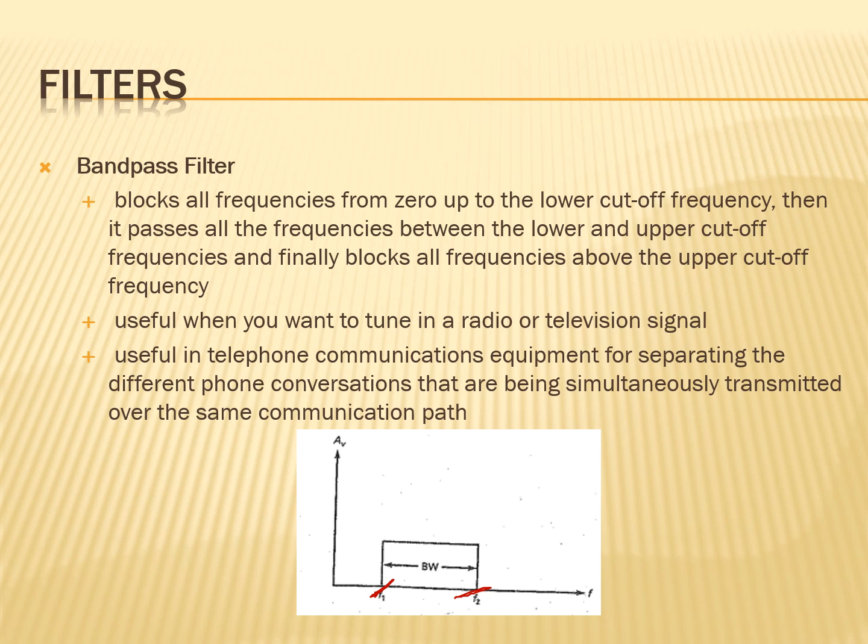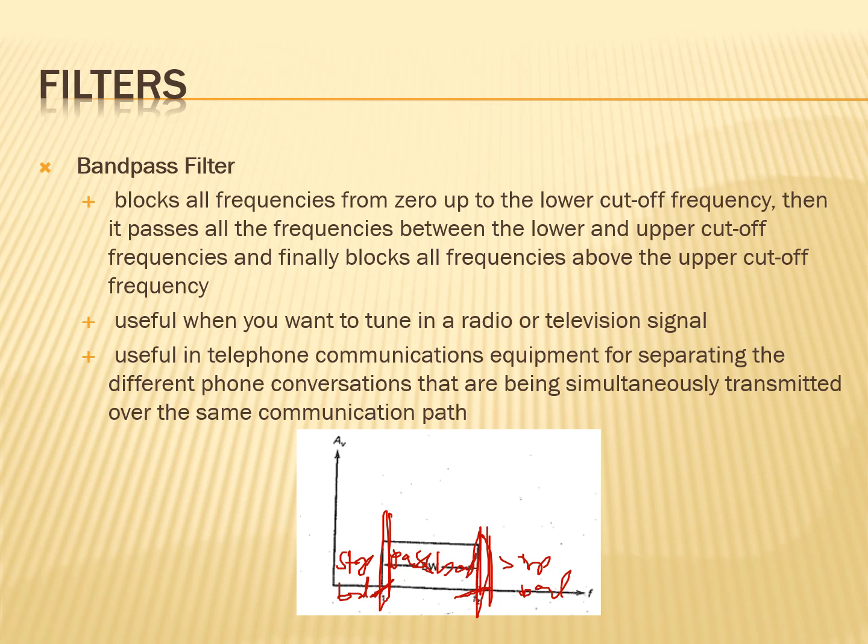This time, where is our passband? This is our passband. We have one passband and two stop bands. Then we have two vertical transitions here. Our passband is all the frequencies between the lower and upper cutoff frequency. In the passband, again, we have 0 attenuation.